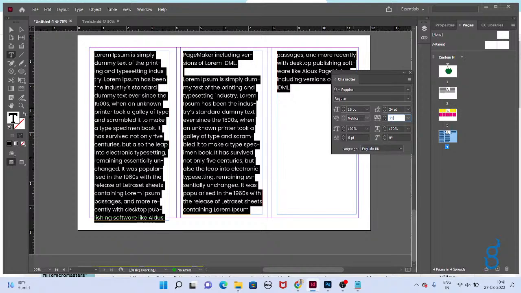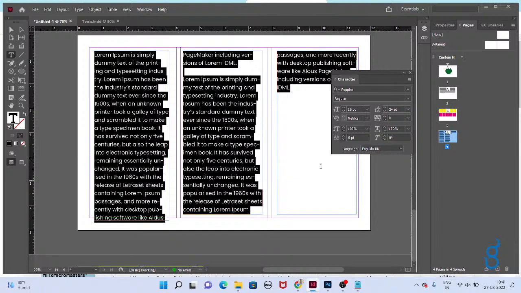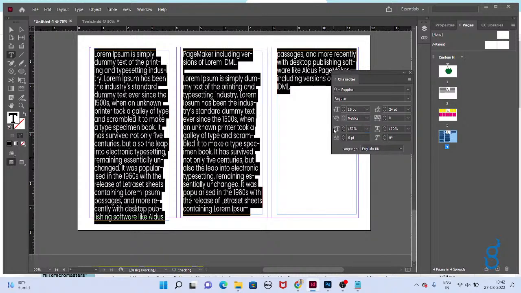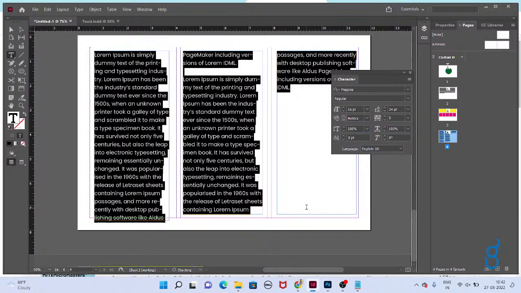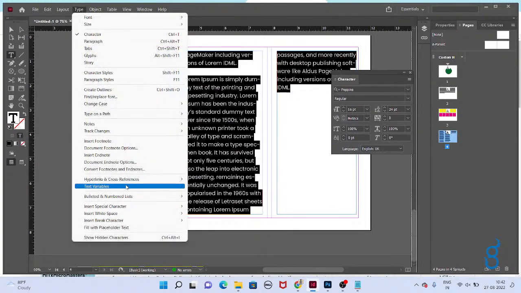Select it, I need 25. See, word to word spacing, and I would like to keep it 0. And this is horizontal scaling and vertical scaling. Suppose if you give the content 150, see it is squeezed. Vertically it is squeezing. That we call as scaling. Giving 100% is perfect. Type